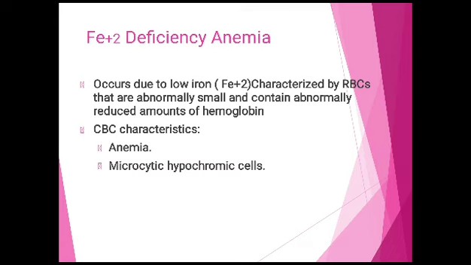Iron deficiency anemia occurs due to low iron, and the RBCs are, as we mentioned, small, microcytic, and with low hemoglobin, which are hypochromic cells. CBC characteristics, we have of course anemia, and we have microcytic hypochromic cells in the peripheral film. The anemia is checked by low hemoglobin, low PCV,